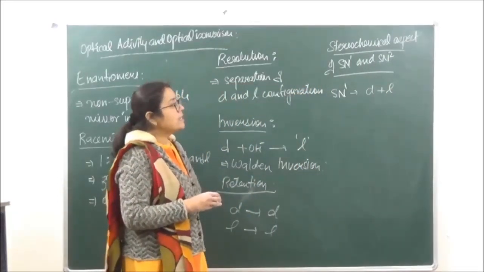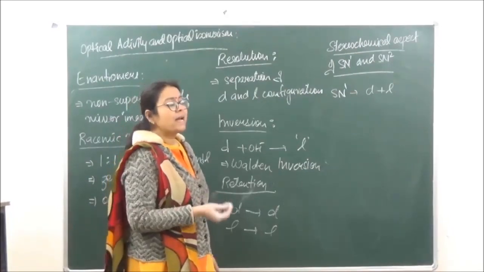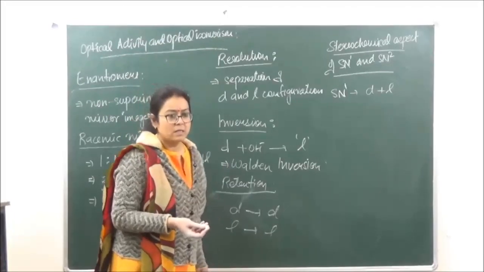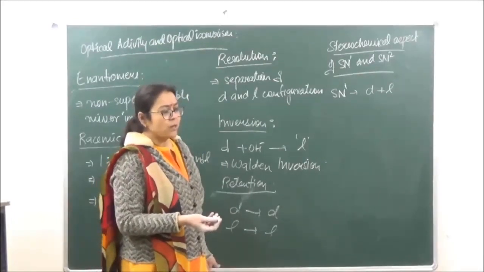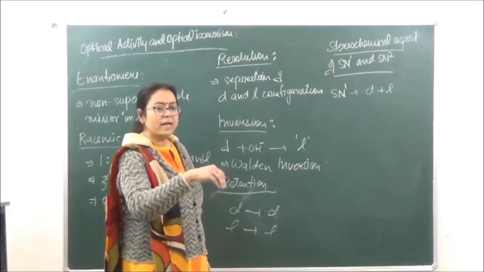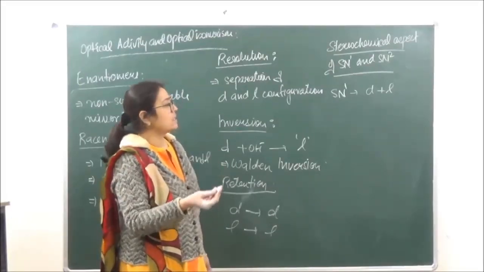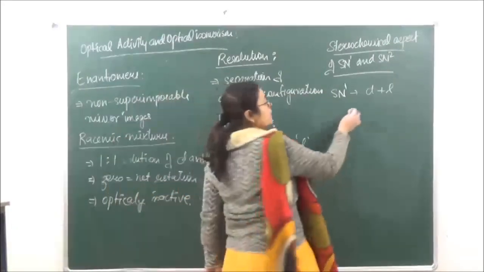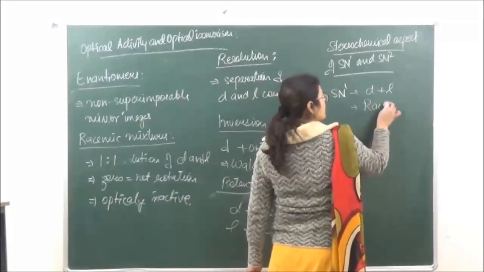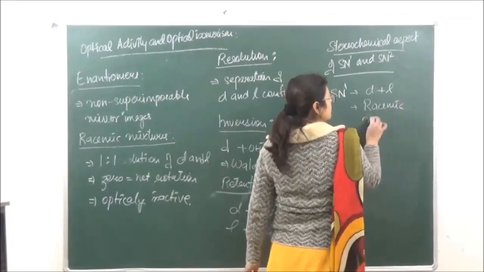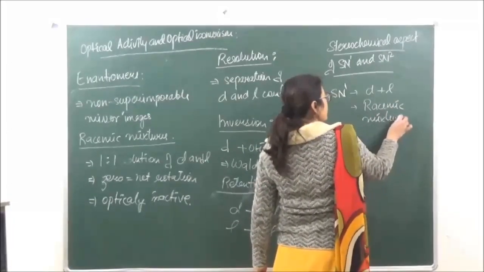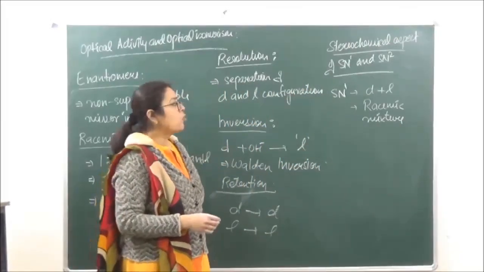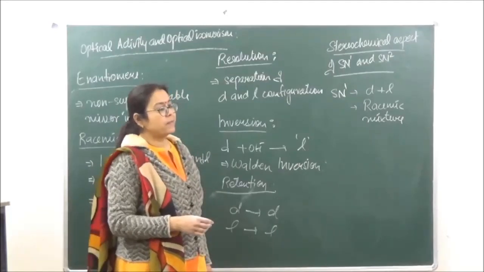Right? Because the incoming nucleophile is free to attack from the rear side or the front side, any of the sides. It has no steric hindrance whatsoever. So वो forward direction से भी attack कर सकता है, वो backward direction से भी attack कर सकता है. So we get both D plus L, and mostly what we get over here is a racemic mixture. So any reaction that is proceeding by SN1 mechanism is going to result in a racemic mixture.